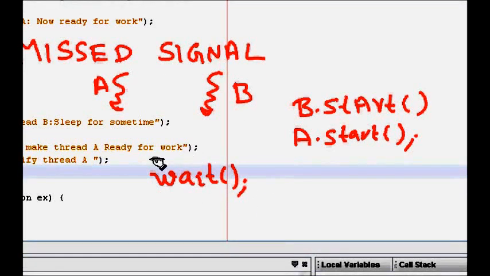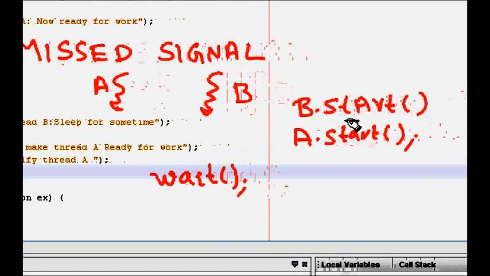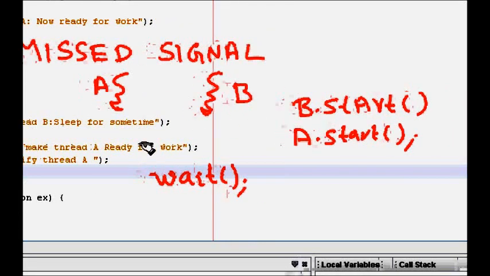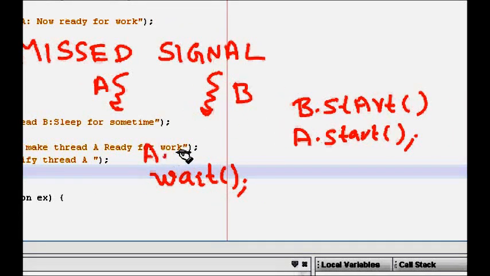and before that, because it saw that B was also sleeping for some time, A also says that it will sleep, but it says I will sleep more than B does. So it sleeps for, let's say, 20 seconds, and after that it will wait.